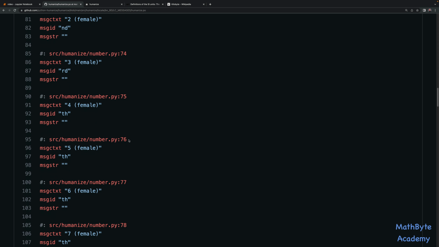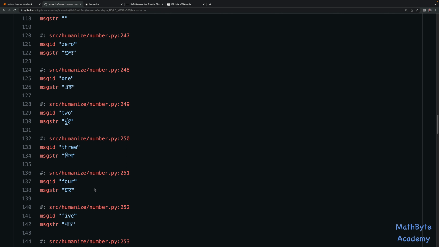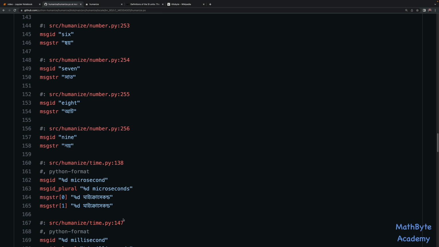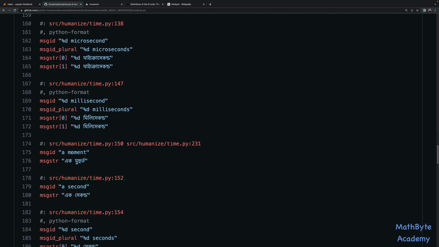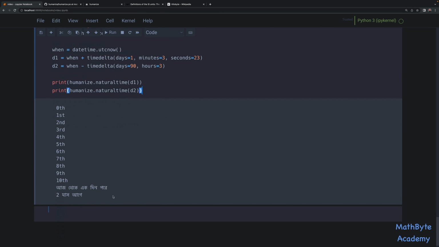But if you look at some of the other ones, like if we go to here for number 0, 1, 2, 3, 4, those do have that. So some of the functions that you have in the natural numbering, you're going to get that in that. And then the same thing with dates as well. You can see that those translation strings essentially were provided, right? So like a moment ago is going to be that, a second is that, etc. So if we run this example, you can see that over here now for the dates, however, that has been